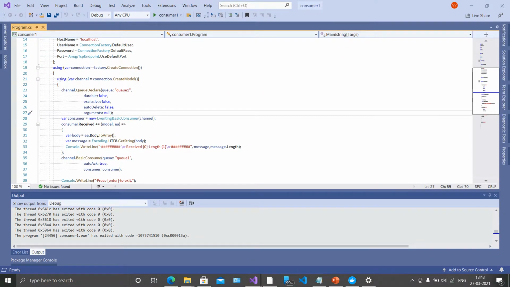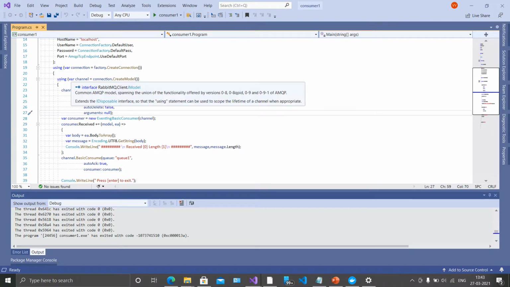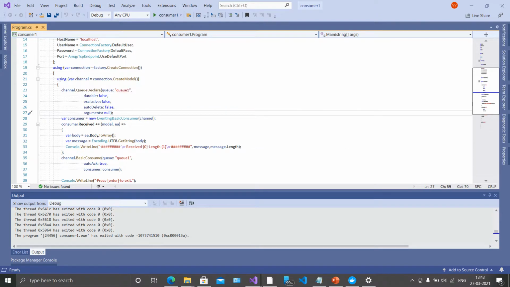In the consumer, we are printing the message, which is the contents of the file, and the word length of the word. We are doing the same thing of creating a connection and creating a channel, declaring the queue in that, and when the queue message is received, we are printing the message. Same thing we are doing in consumer 2 as well.